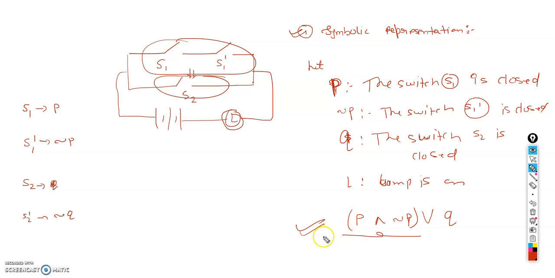One question you can ask is why I am always writing closed. The reason is that we have to switch the lamp on, so I'm writing closed. If all the switches are closed, definitely my lamp is going to be on. That is the reason why I'm writing that my switch is closed. Even you can write open, but in the case of open, your lamp could be off. So I hope I'm clear with my explanation.